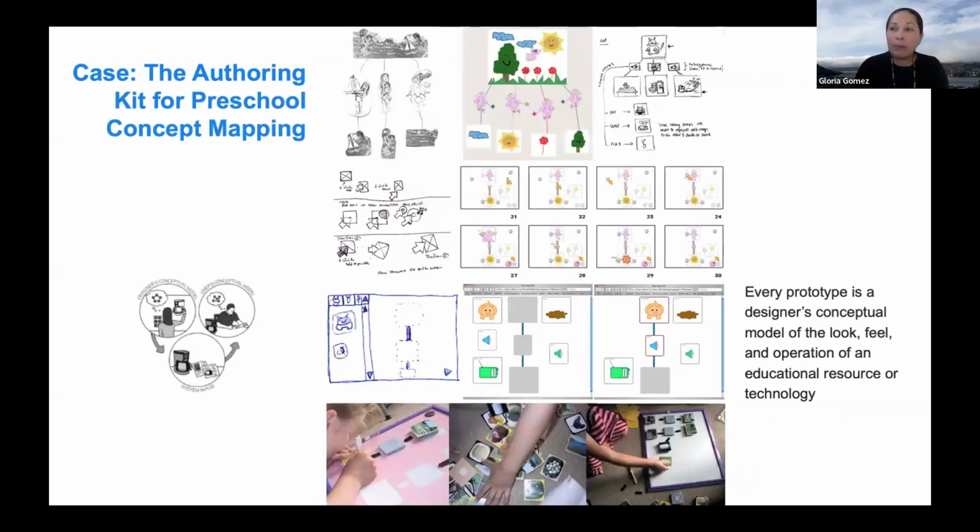In the preschool concept mapping project, low fidelity prototypes and high fidelity prototypes were built. Empathy and solidarity emerged and increased because of socializing these prototypes during conversations with key expert informants and critically analyzing them using the literature review. This is how I slowly closed the communication gap between my conceptual models and what the resource should be, and children's and educators' mental models, and how it should be operated.